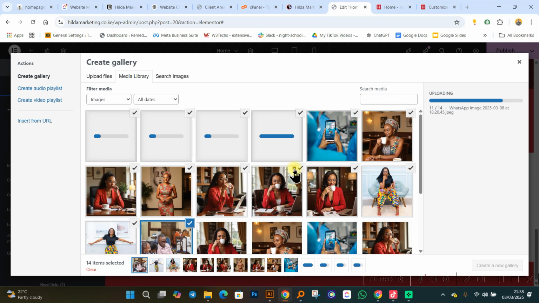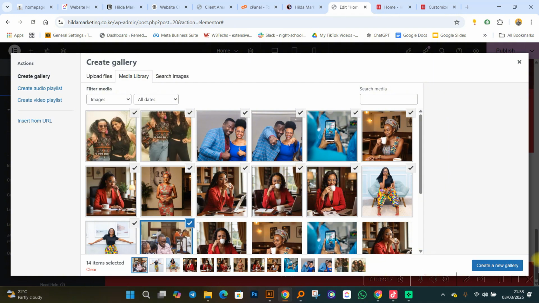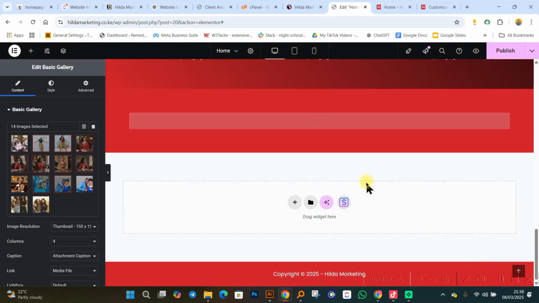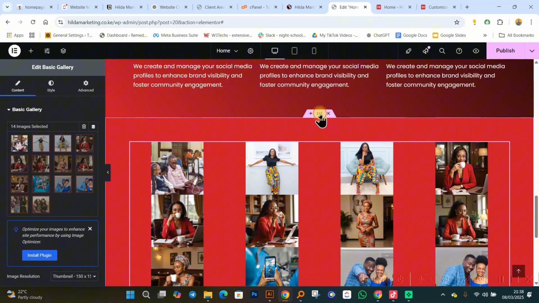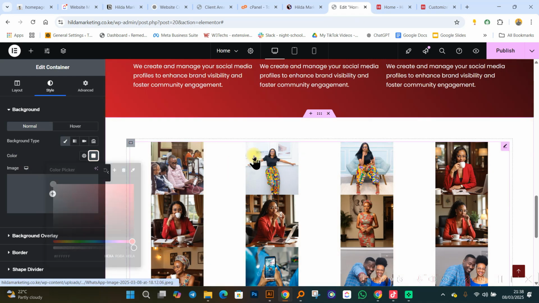If you look at some of these images that we're using, you use them to make you look more attractive. We can create a very simple gallery. Let me just put it like that. So a gallery is a collection of images. We can change this color to something like white. Let's change it to white. It doesn't have to be that big.